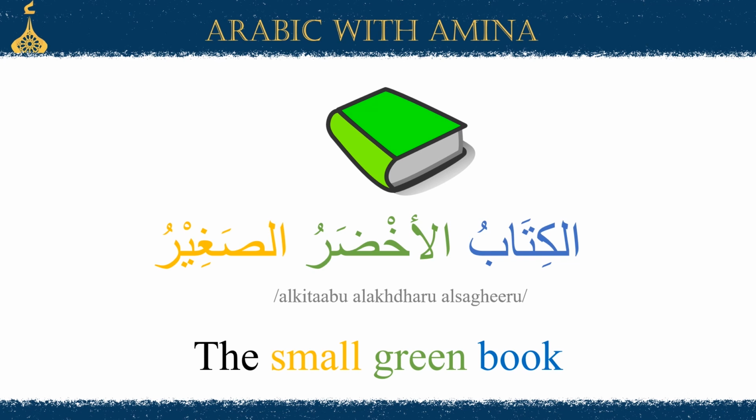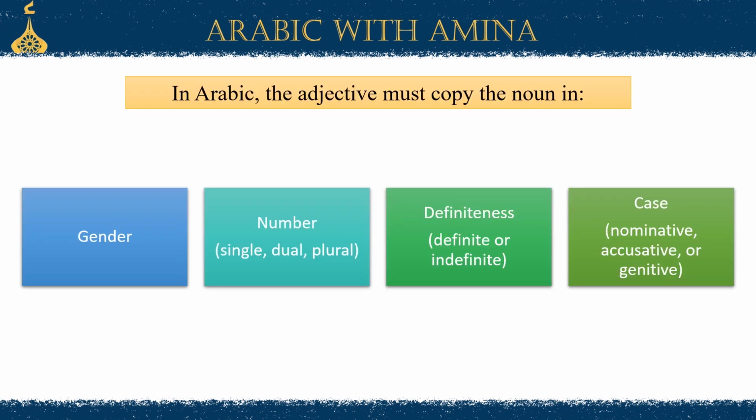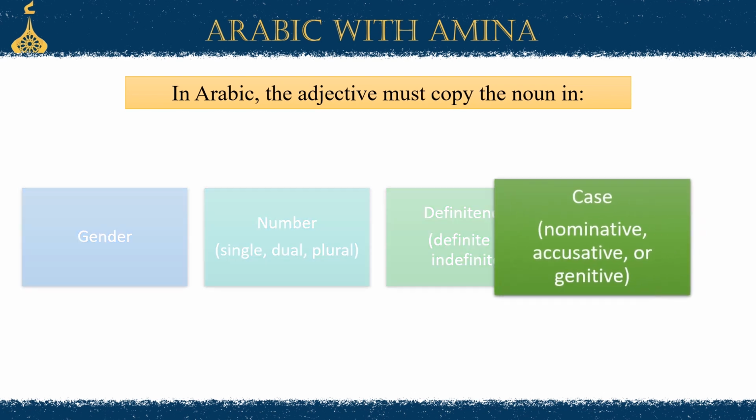Notice how we made the noun definite, the first adjective definite, and the second adjective also definite. So if you add, for example, 10 adjectives, it doesn't matter. All the rules apply to every single adjective. They have to match the noun in those 4 aspects: gender, number, definiteness, and case, which we are going to